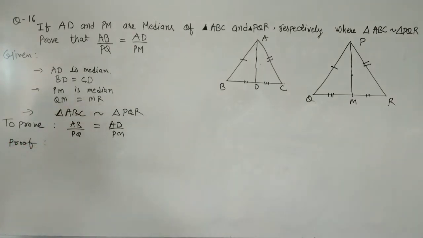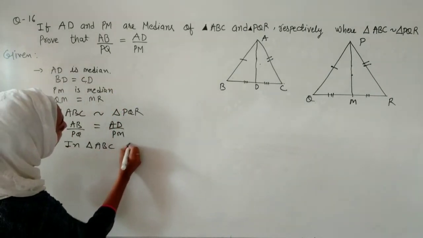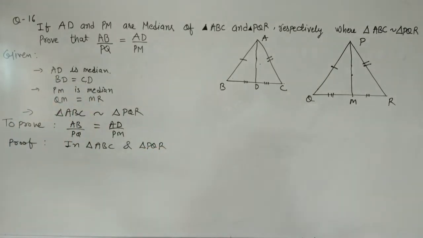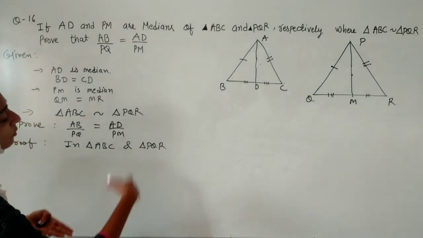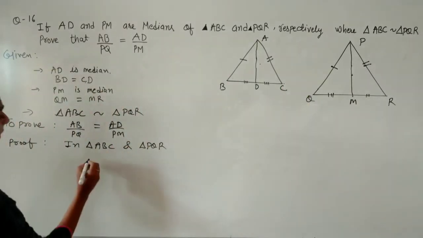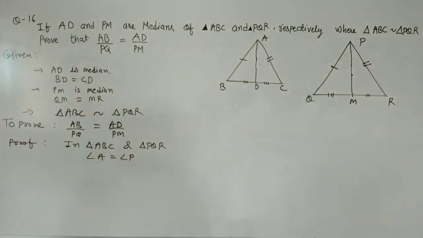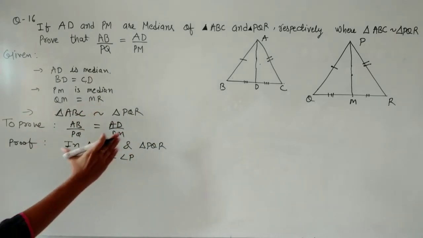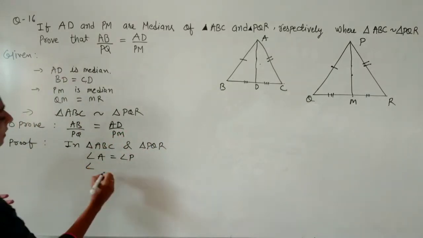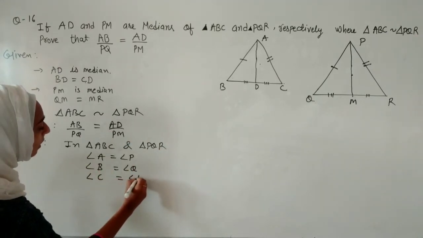For which triangle are we talking? I am talking about triangle ABC and another triangle, triangle PQR. Let us write all similarities of the triangles, and whenever it is useful to us, we will use it. Here all six parts of this triangle and this triangle will correspond. Let us first write angle A, that will be exactly equal to angle P. As we know, in similarity all angles are the same, but the ratios of the sides are the same. Sides are not exactly the same, but angles will be the same. So angle B equals angle Q, and the last one, angle C, equals angle R.